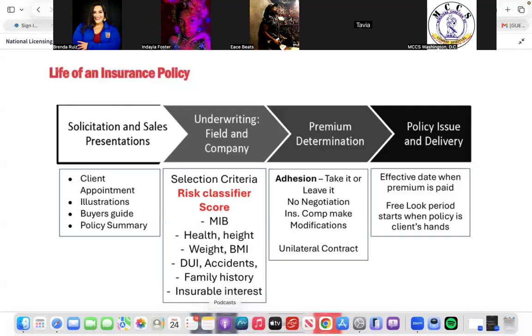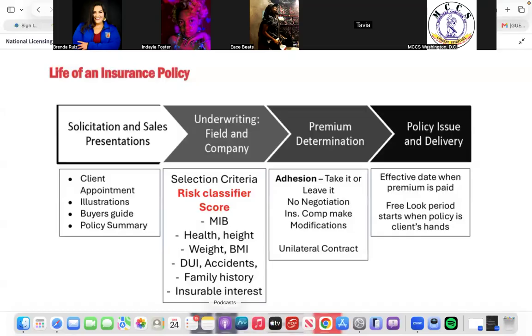So if the client says, "Yeah, I'm on parole right now. And yeah, I have diabetes and high blood pressure and it's not controlled. I also recently got diagnosed with cancer." Guys, those are all red flags, right? Things like that, remember, it's the insurance company's job to judge and discriminate. They don't want people that bring too much risk, right? And it is your job as a field underwriter to determine, yeah, this client's kind of risky, or, you know what, this client doesn't present too much risk. Remember, you're a field underwriter, so you determine whether or not this client is too risky.